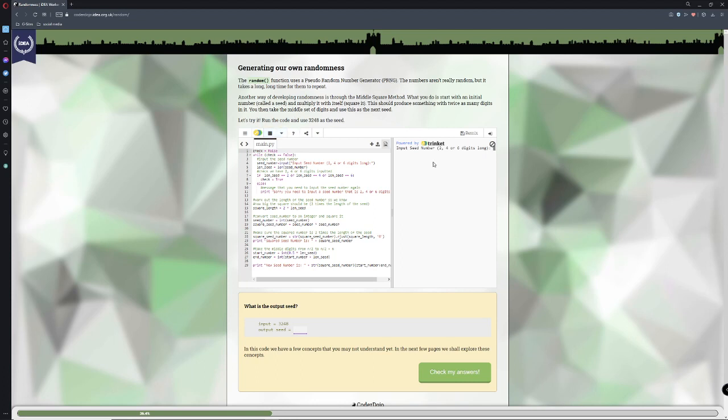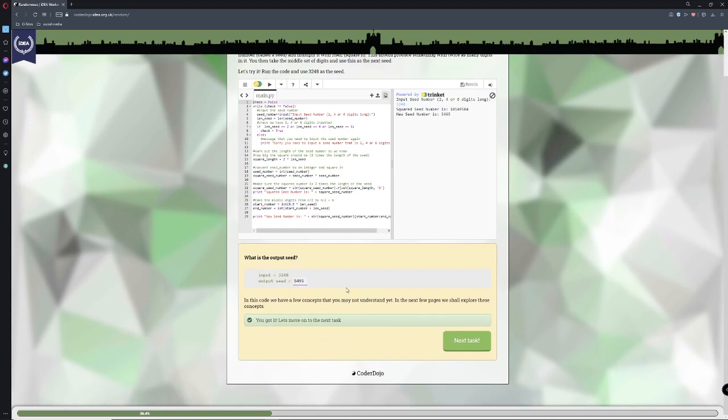So we're going to press run. 3248. So we're going to press that and go ahead and press check and press run. And press enter, sorry. The squared seed number is a ridiculous number, and a new seed number is the middle of that number. So now it's telling us to input 3,248. So we'll go ahead and just rerun it. Paste that in. And then our number is 5495. So we'll go ahead and paste that in. 5495. Check. There we go.